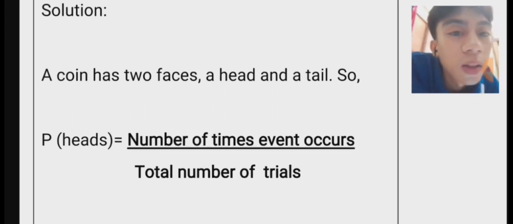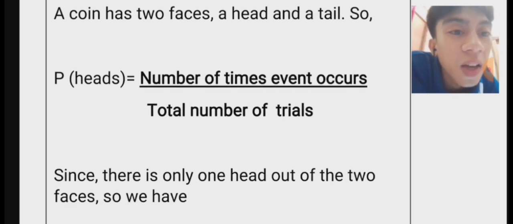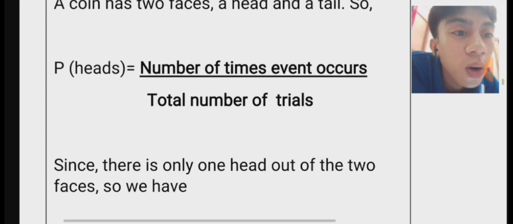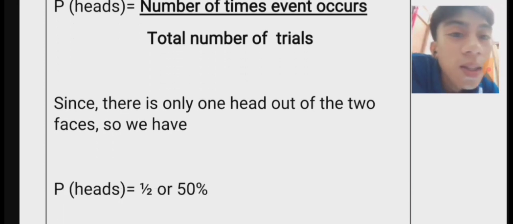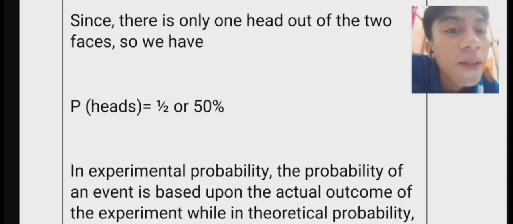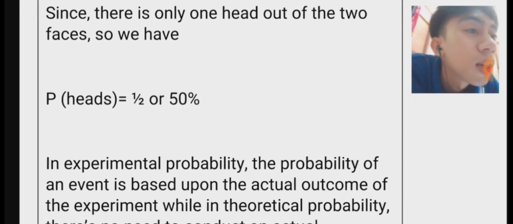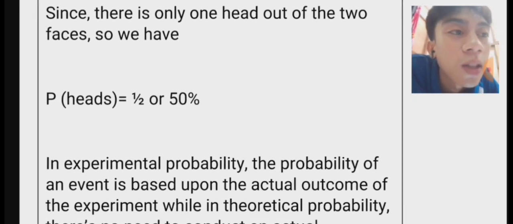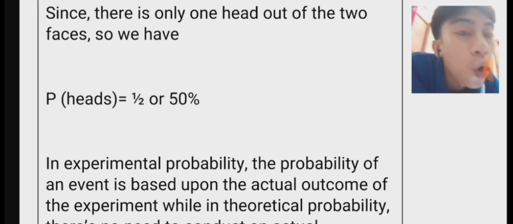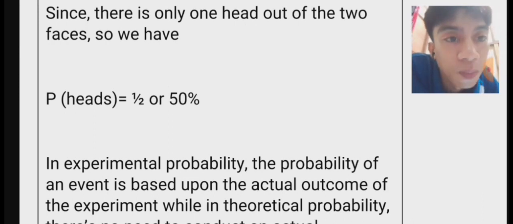The equation is probability of heads is equal to the number of times the event occurs divided by the total number of trials. Since there is only 1 head out of the 2 faces, the probability of heads is equal to 1/2 or 50%,